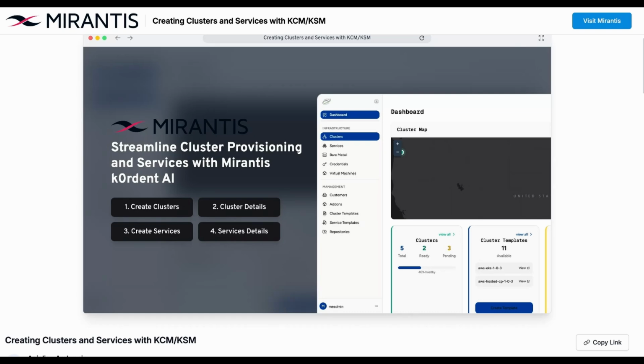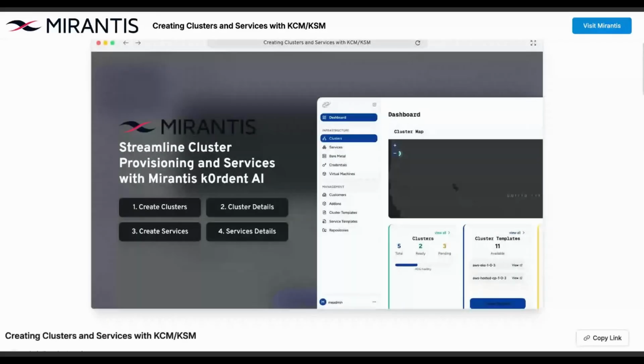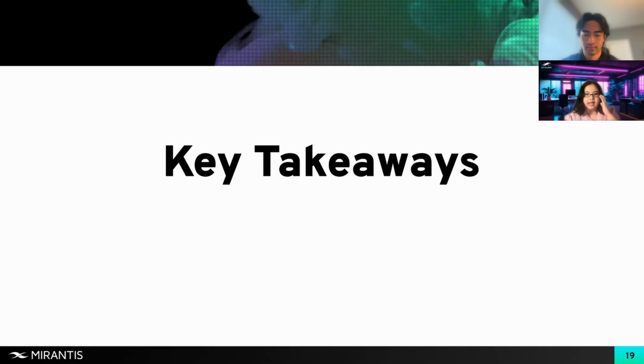So as you can see, it is a lot faster and can get me from my idea of what my AI product should look like to at least having the foundation or the infrastructure ready so I can actually start innovating and creating the AI product that I want to make, right? So that said, let's go back to our presentation. And I'm going to hand it off to Ben, who's going to take care of the key takeaways.